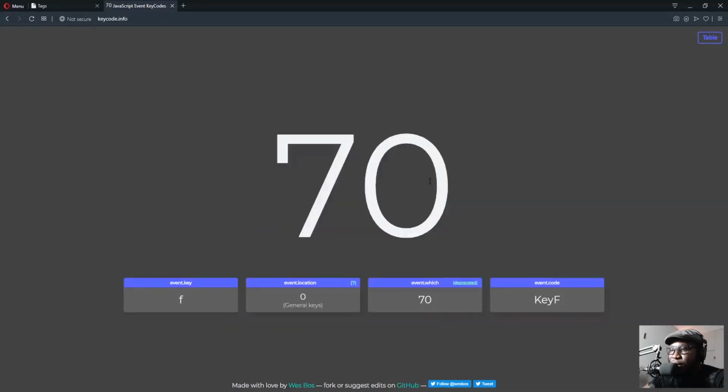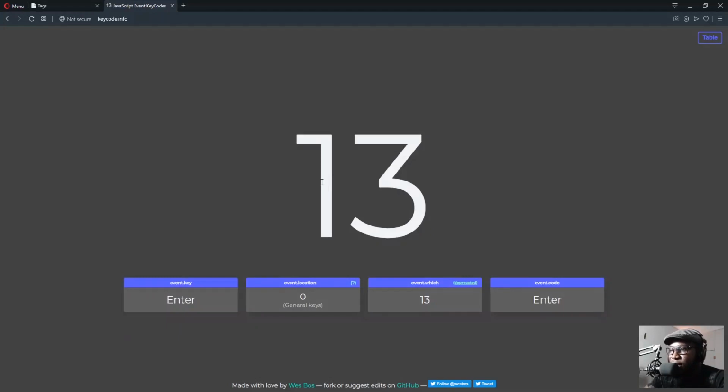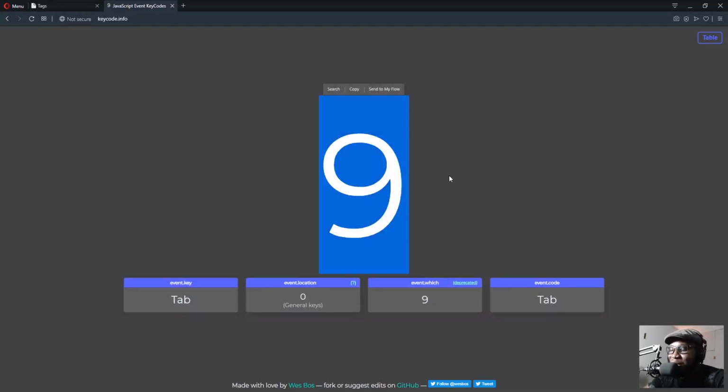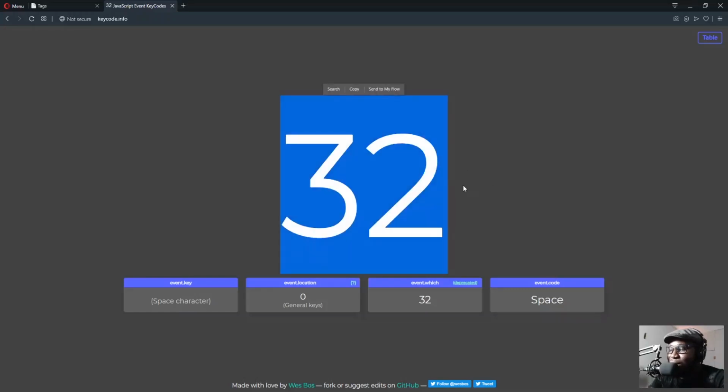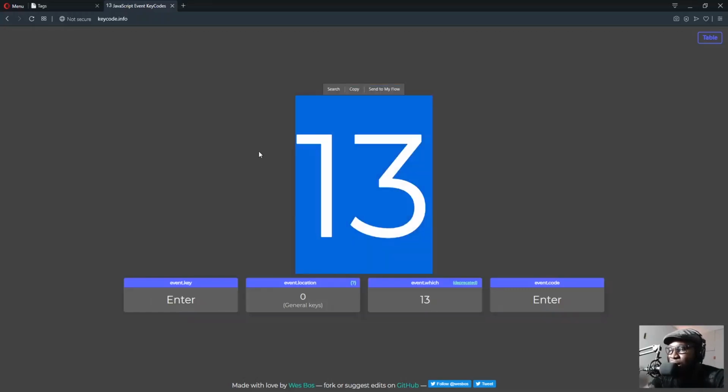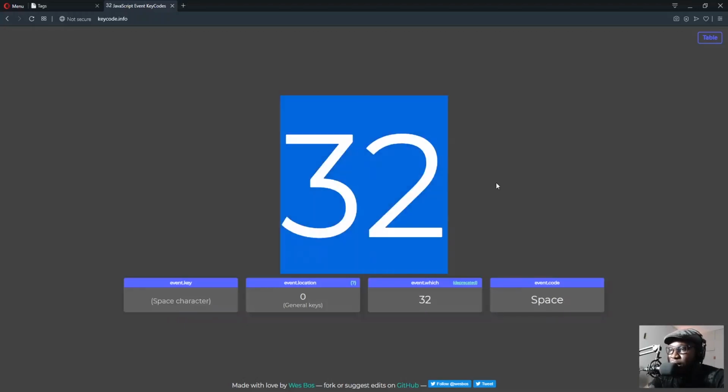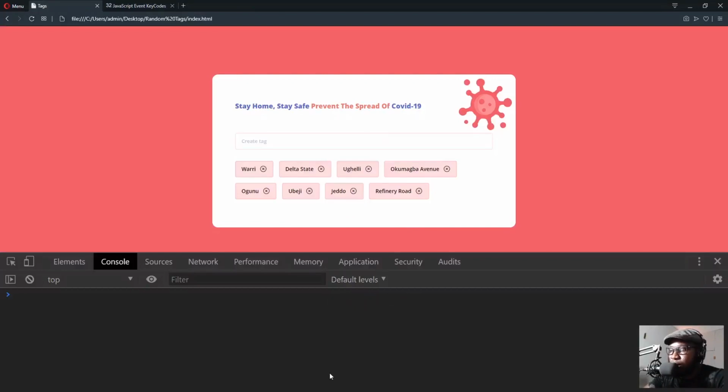So I press F, it's 70. I press enter, it's 13. I press tab, it's 9. I press space, it's 32. So if you want to listen for space, you just use 32, then you can manipulate your code.